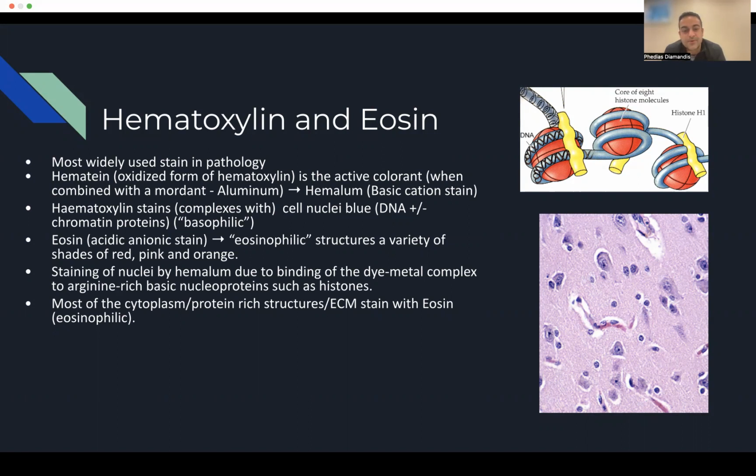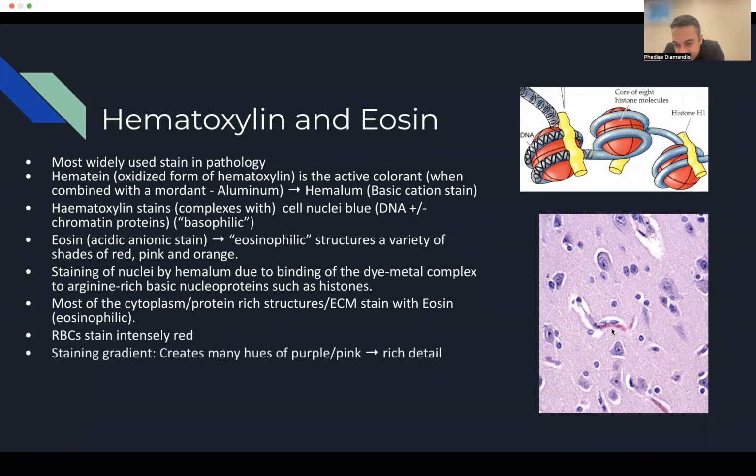Most of the cytoplasmic components are going to stain with eosin, as well as many of the extracellular matrix components that are rich in collagen and whatnot. Red blood cells stain red, as we can see here. This is a blood vessel, and we can see the red blood cells in there, and the capillaries staining bright